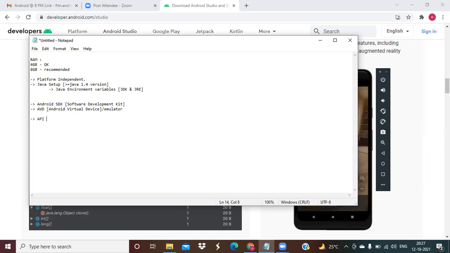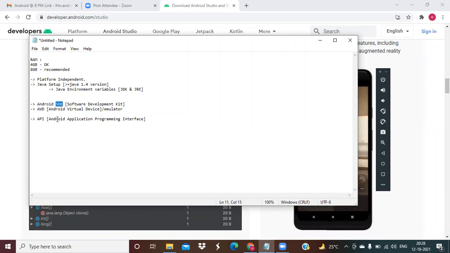API. What do you mean by API? It means Android application programming interface. Whatever framework libraries the SDK provides, by reading them you implement some logic.